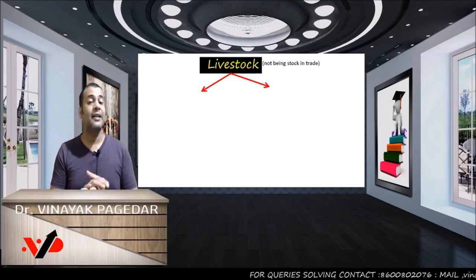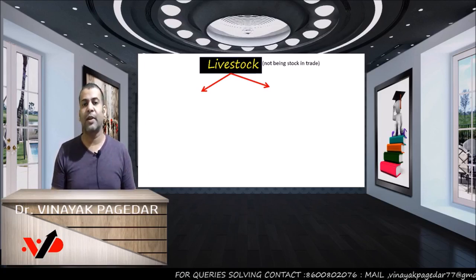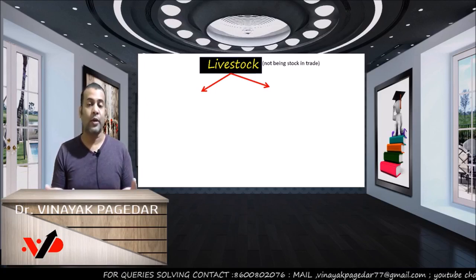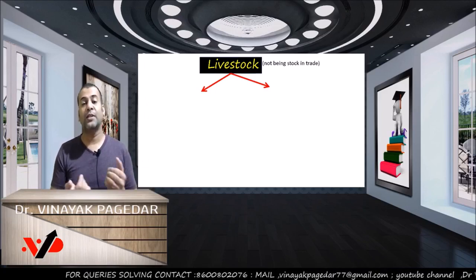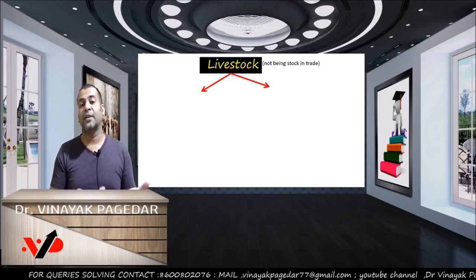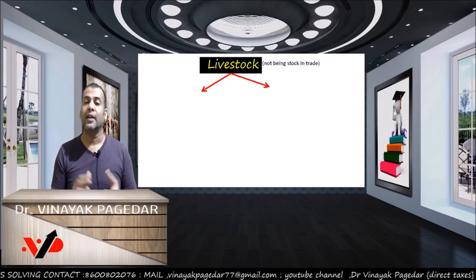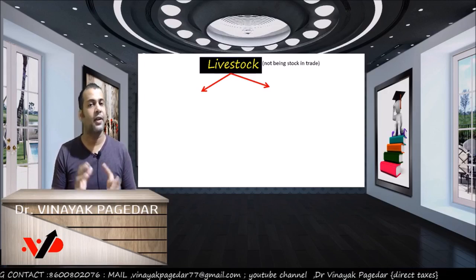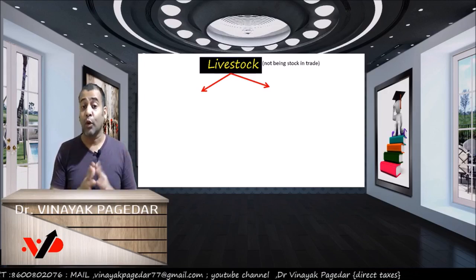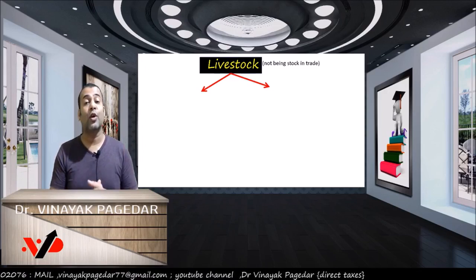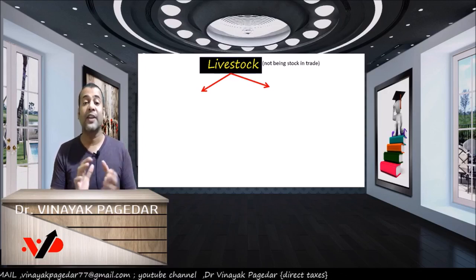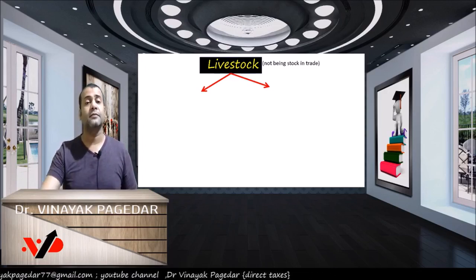They are assets and they are not mere stock in trade. If it is stock in trade, I have told you it's a simple transaction. When you sell the livestock being stock in trade, you get sales income, and when you purchase the livestock, that is a purchase expenditure. The profit on sale and purchase is taxed as your business profit. It's a very simple transaction. But what to do exactly if the livestock is not stock in trade? It's a fixed asset, that we'll see.